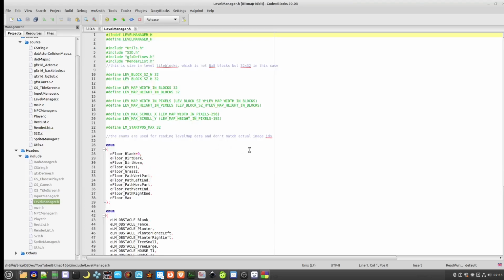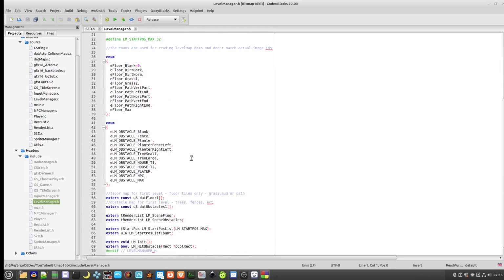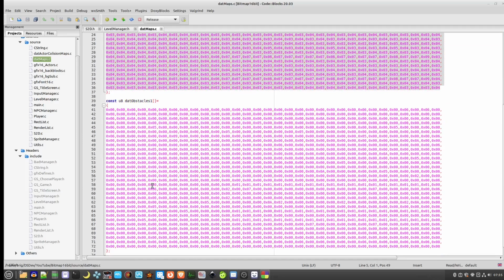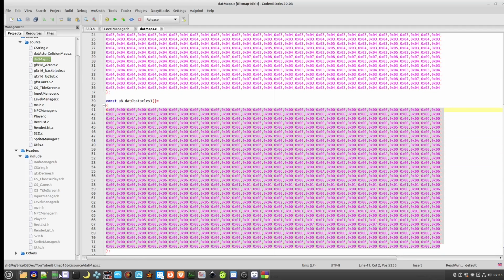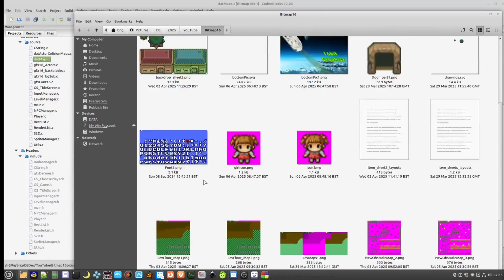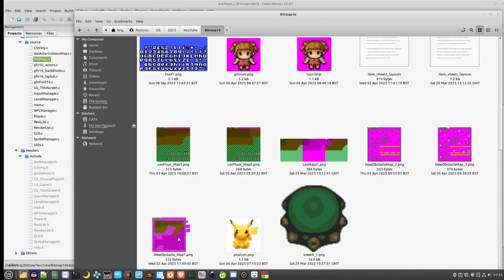So lots of the stuff is organized in the level manager. We have our two arrays. We have our floor array here and our obstacle array here. So once you have drawn out your levels, all you would do